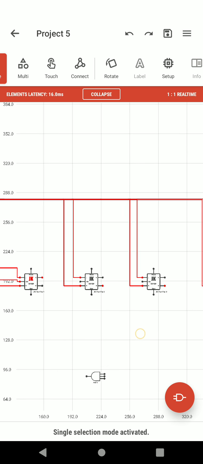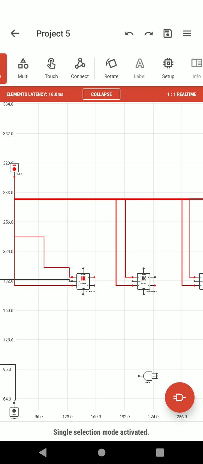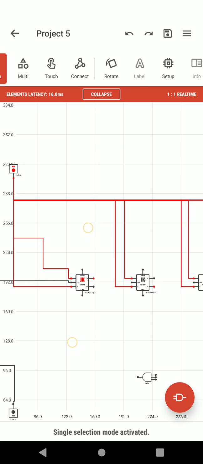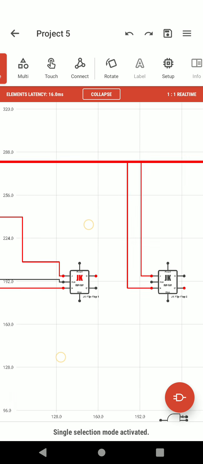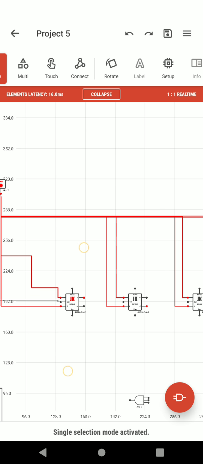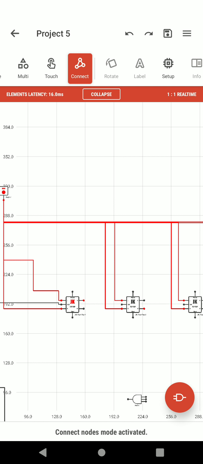So we have connected all the flip-flops, and the next important thing is all the sets of the flip-flops have to be connected. That is preset. We have preset at the top. All the presets of the flip-flops have to be connected to one another. So let's connect them all. Connect preset of the first flip-flop and preset of the second flip-flop. Again the same, connect preset of the second and third flip-flop.